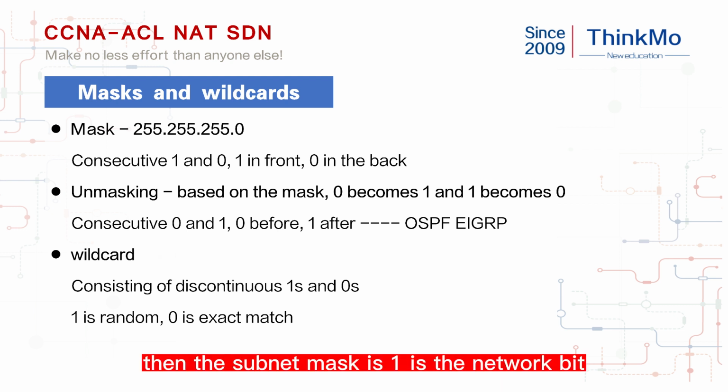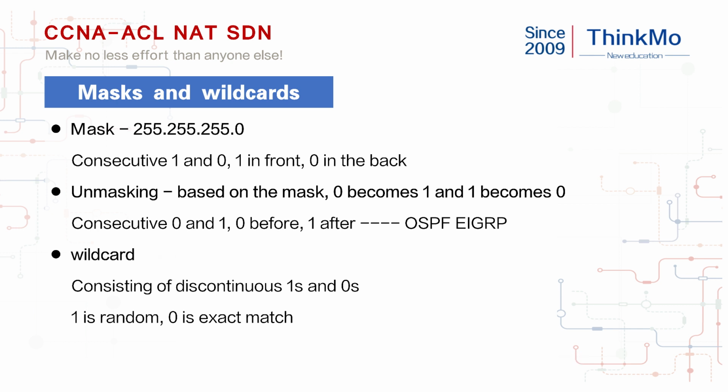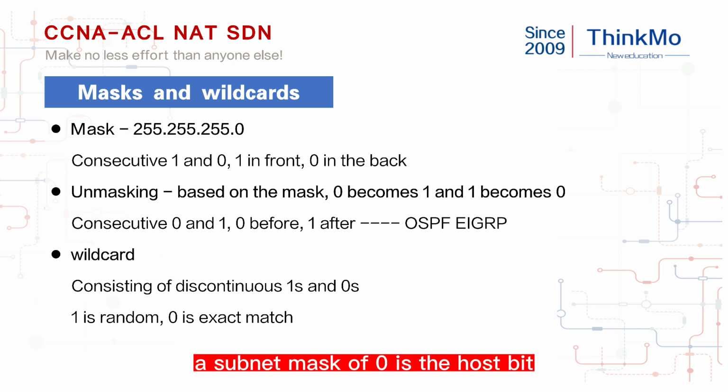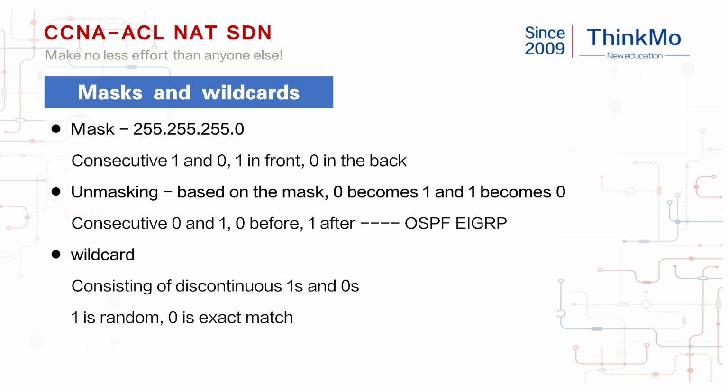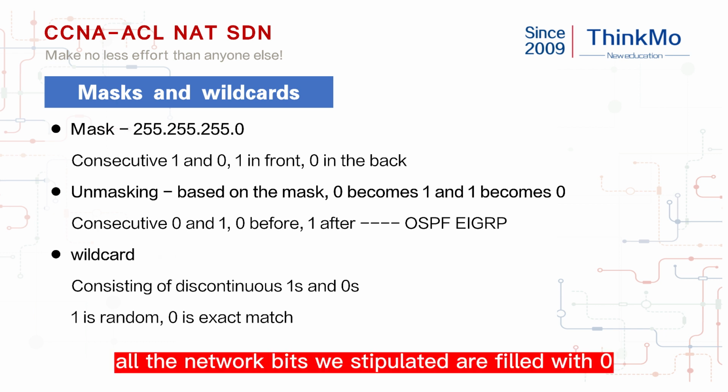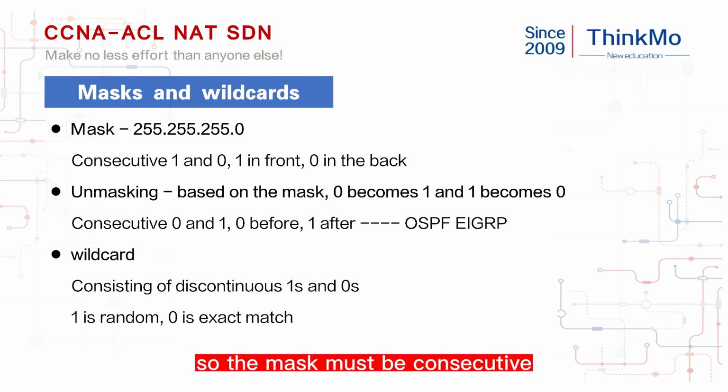Then in the subnet mask, 1 is the network bit and 0 is the host bit. It is mutable. All the network bits we stipulated are filled with 0. This is the address of a network segment. So the mask must be consecutive. It can't be out of order. Continuous means it has to be